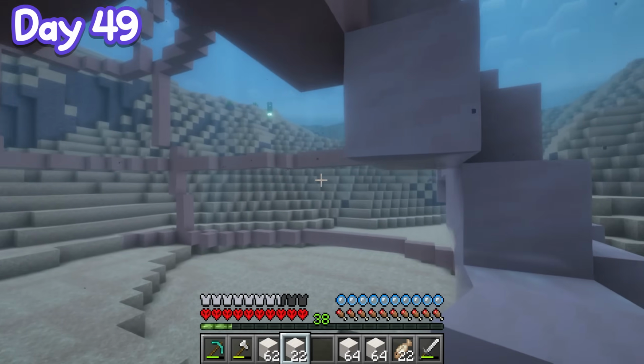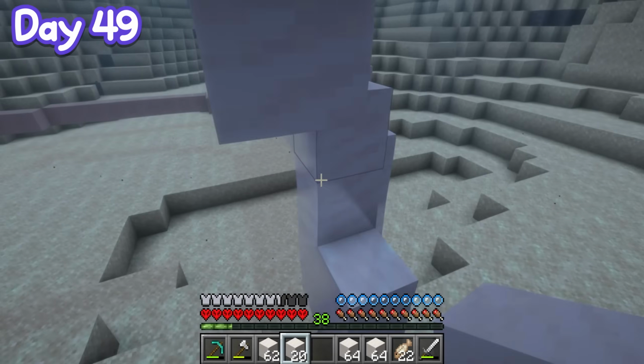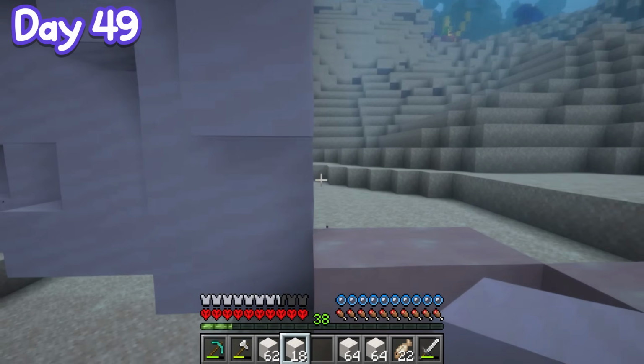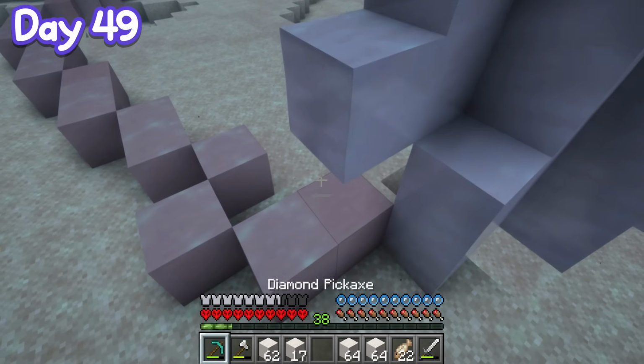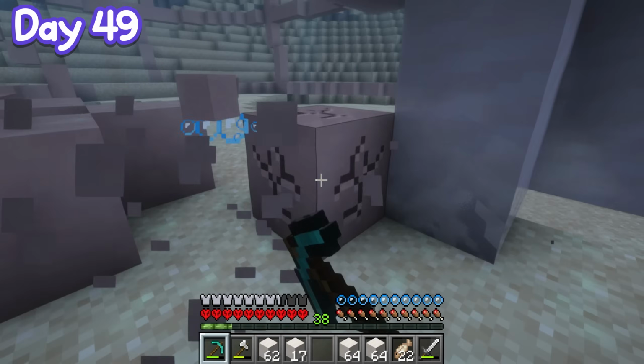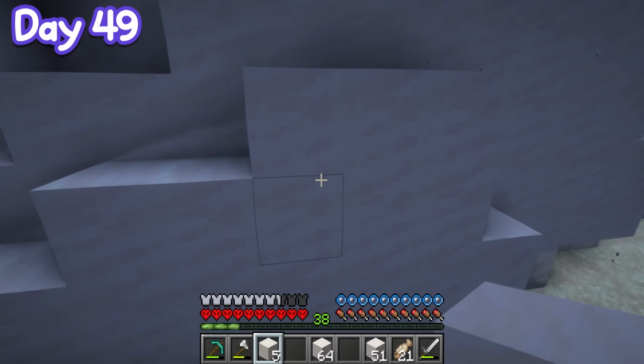I guess one plus side to this is that I'm building underwater, so it's kind of like having some sort of fly mod, and I don't have to worry about having to build up and down and jumping and taking a load of damage. So, you know, silver linings and whatnot. I'm also feeling like I just need to...